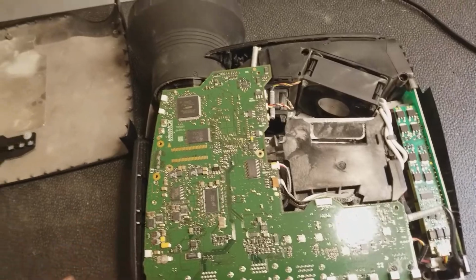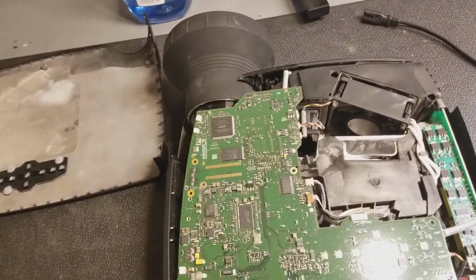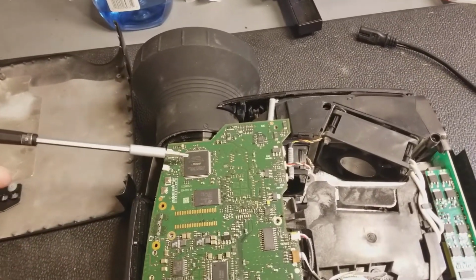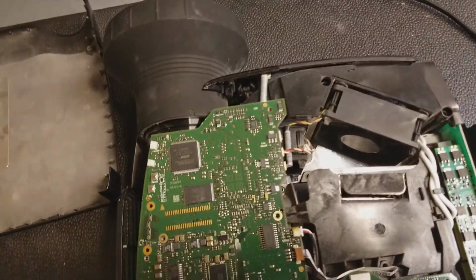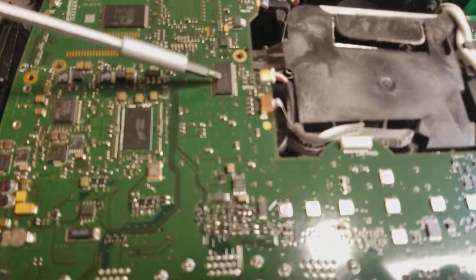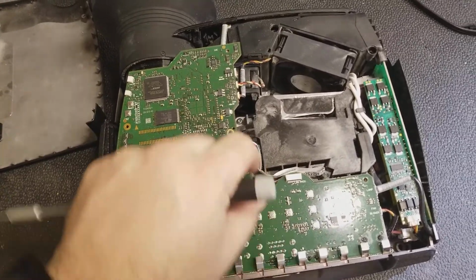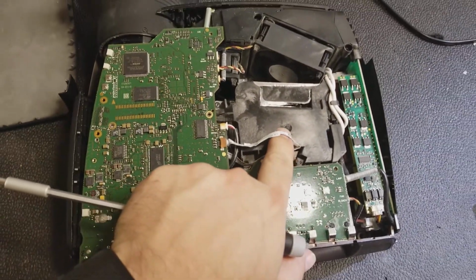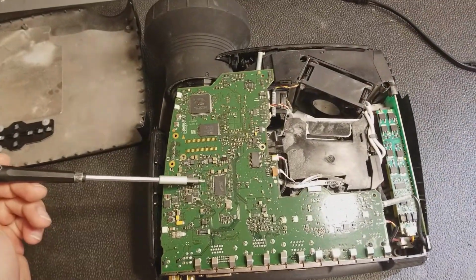But before I do that, I just kind of wanted to go over some of the electronics. Pardon me, I noticed that this must not have been cheap to make. Instead of using a custom chip, they have an Altera ASIC in there. Then it looks like some RAM. This is the color wheel drive chip right here. It's a stepper driver. I believe it's a 2-pole stepper inside the color wheel, and then more RAM,